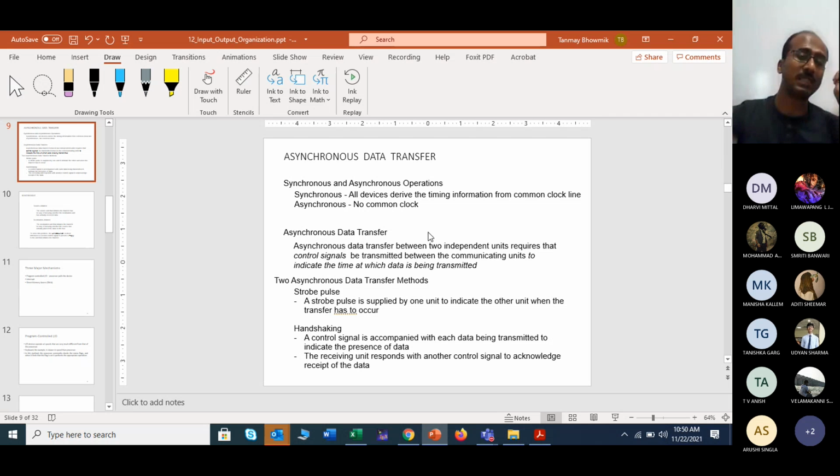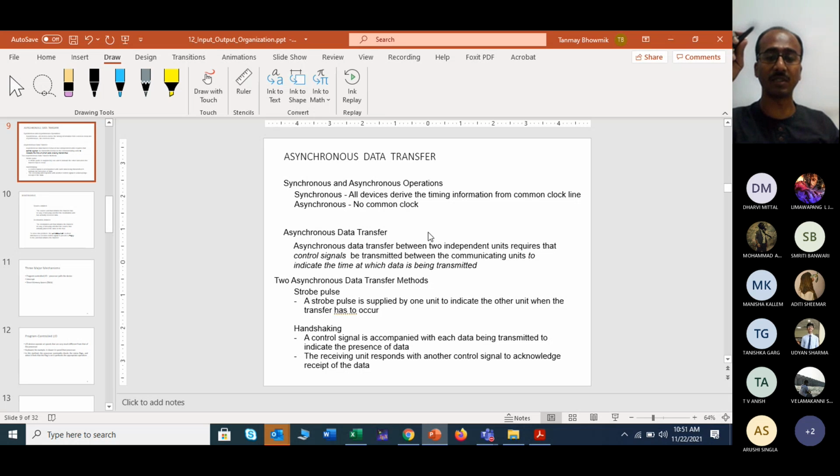This type of discussion was done in the last class, right? So you can expect some one-liner questions from here, just like in case of handshaking. Say we have given one condition that system A or port A releases this data, and port B will receive this data by intermediate time, and so on. All the conditions will be given, and you will be asked whether it requires a strobe pulse or a handshaking pulse, right? So this type of question you can expect here.